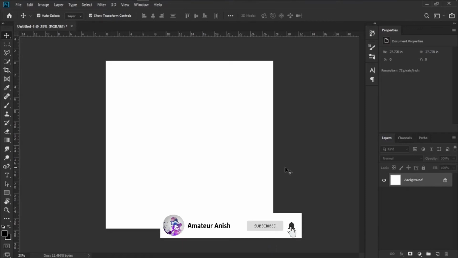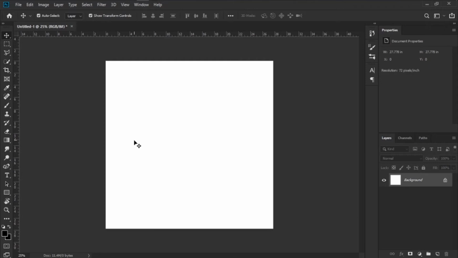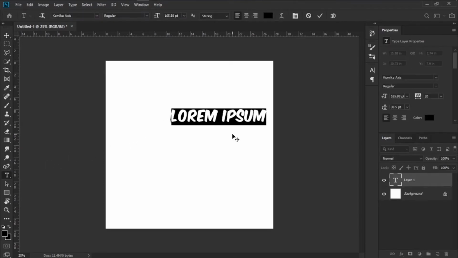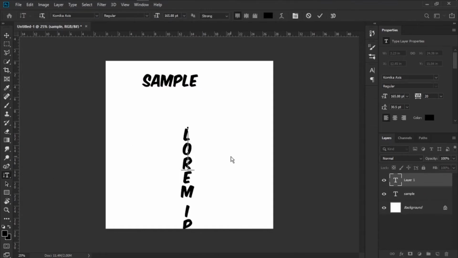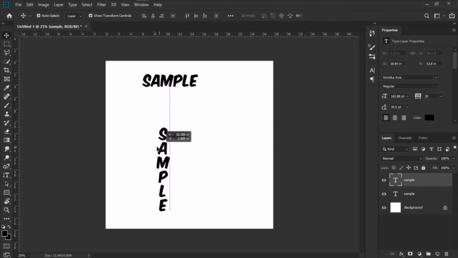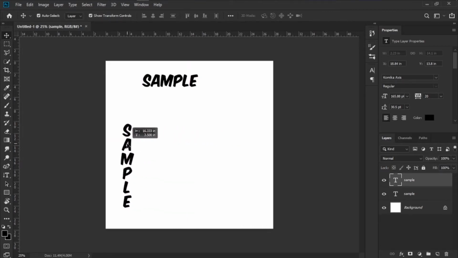Today we're going to learn how to make the text follow the path which we give it. By default in Photoshop, we are able to write the text in horizontal form. More we can do is, we can write the text in vertical form. So these are the predefined paths which Photoshop allows us to write.